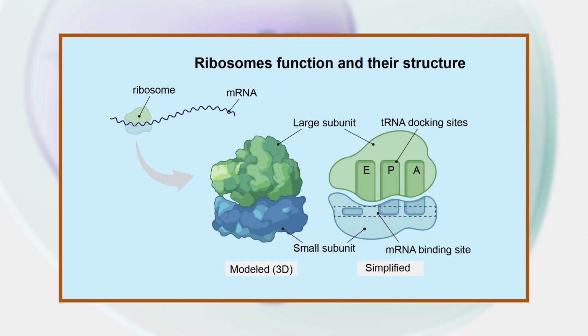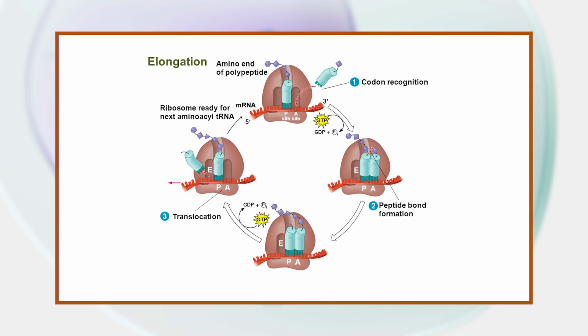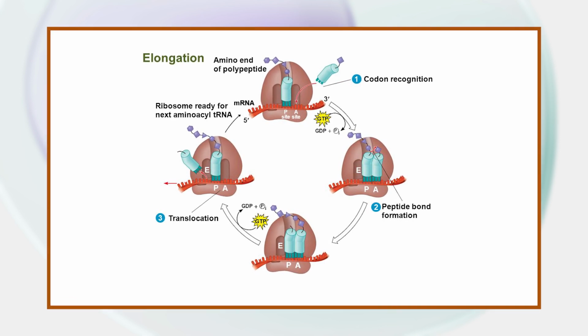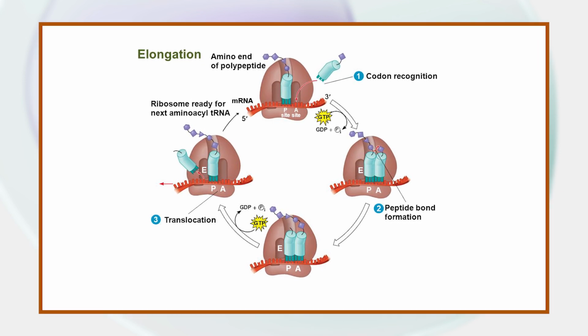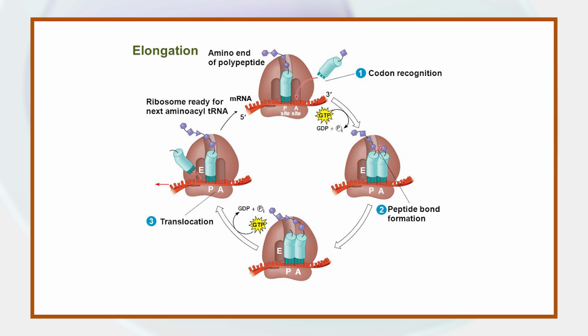The ribosome has binding sites for tRNA. There are the aminoacyl site, abbreviated as A, and the peptidyl site or exit site, abbreviated as P/E. With respect to the mRNA, the three sites are oriented 5' to 3' as E, P, and A. Because ribosomes move towards the 3' end of the mRNA, the A site binds the incoming tRNA with the complementary codon on the mRNA. The P/E site holds the tRNA with the growing polypeptide chain.